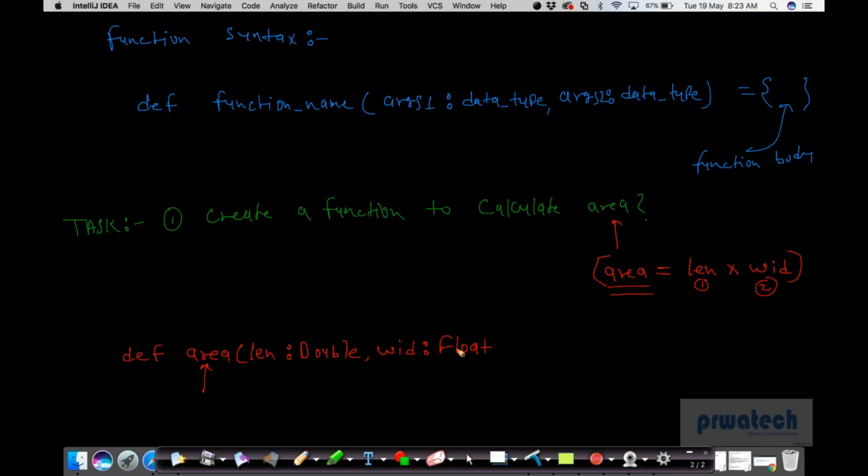After that, close this. So let me keep this float here, okay? After this, equal to, this is going to be your function body. Now what is the function body for this area? This is the body, length and width. Simple. Now create this parenthesis and use this len into wid,